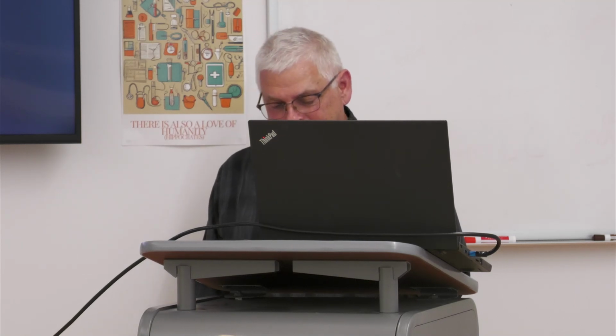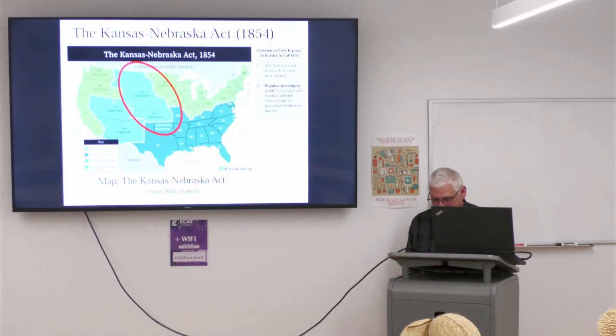Remember, this territory was banned from slavery based on the 1820 Missouri Compromise. Thus, Senator Douglas introduced the Kansas-Nebraska Act in January 1854. The major provisions were that Nebraska and Kansas territories were created. Again, these were created from Louisiana Purchase territory. Again, under the 1820 Missouri Compromise, by law, when these territories became states,